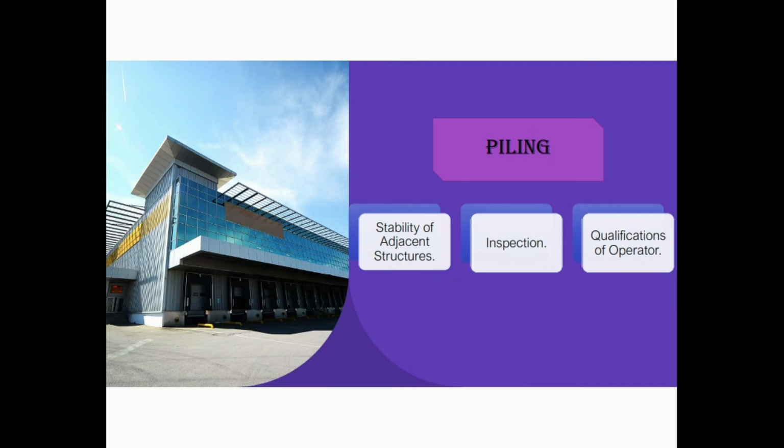Any structures need to be supported by necessary things by the professional engineer to prevent injury to any person. Next, it was inspection. All pipe driving equipment shall be inspected daily by a designated person before the start of work, and every defect needs to be corrected before the work. The last one is qualification of operator. Each member of the pipe driving crew shall be properly instructed in the work before the work begins.